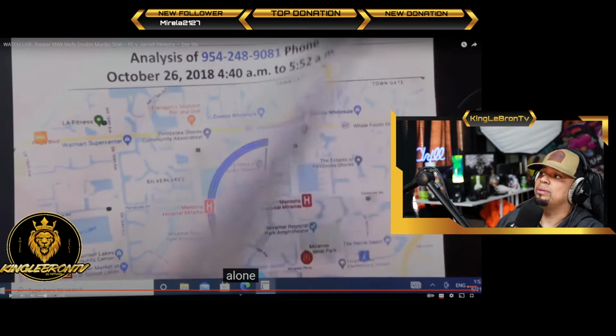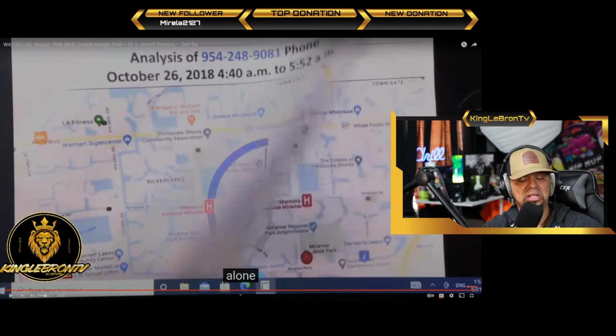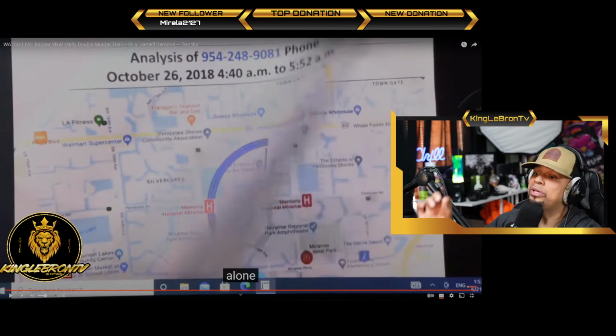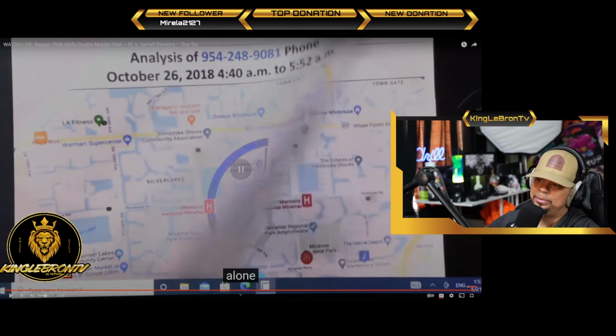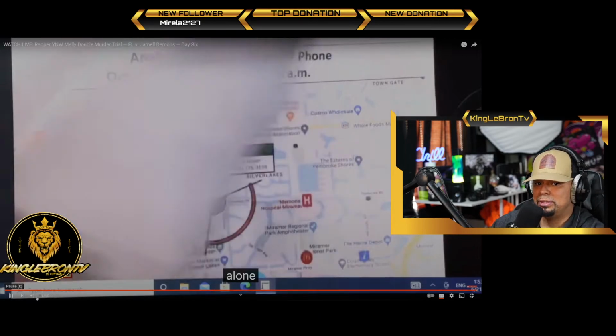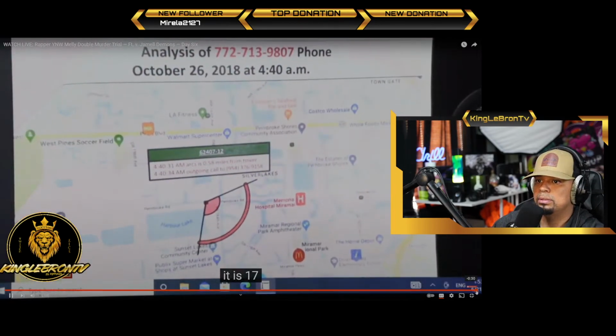Yeah, I heard what he said, bro. He put in a report that he stated based off of the information they gave him, he can say that they were in this area. Now he's on the stand saying, well, that's not completely accurate. That's not completely true. They could have been over there. They could have been over here. It's crazy, man. So this is 17.